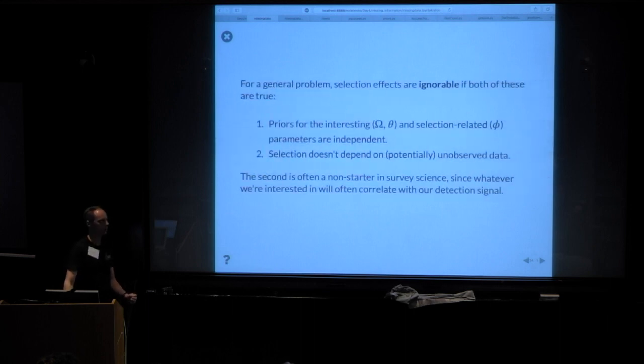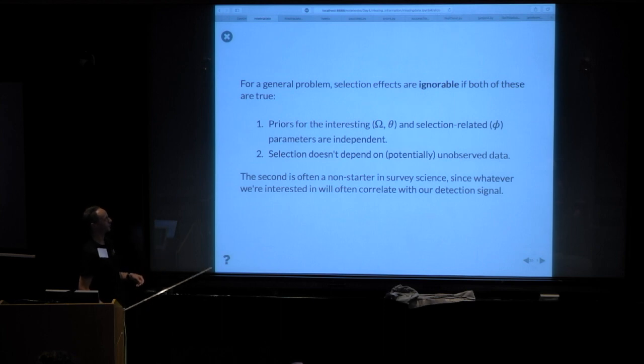Okay, just a couple of final things to say here, going back away from the specific example. A question that you are probably asking yourself now, and I would totally understand, is, do I really have to care? I mean, this was a maximally bad example, but I'm working on something else. Do I have to care? That can be answered in principle. So in general, selection effects are ignorable, meaning you don't have to care,